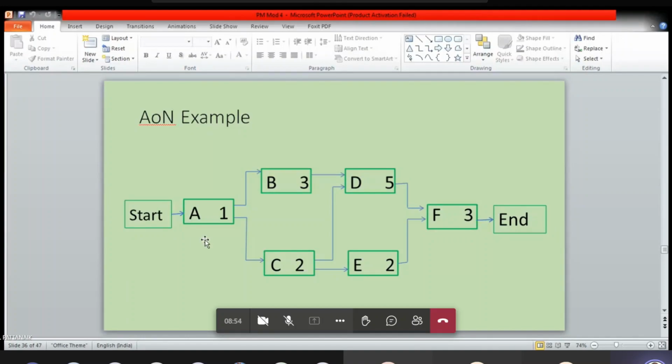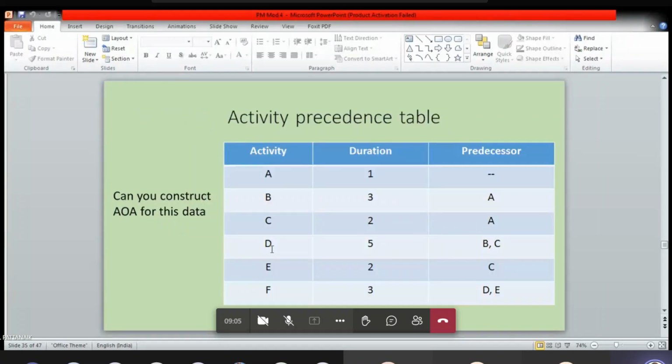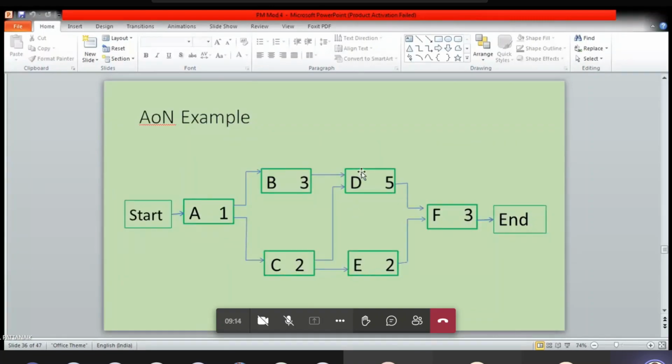Apart from that, you can see these blue arrows have no meaning except the precedence relations. For example, let me pick anything. Suppose activity D, the predecessors for activity D are B and C. So look at activity D. You can see from C and B, two arrows are going and merging at activity D. Right? So that is just showing the precedence relations. Similarly,